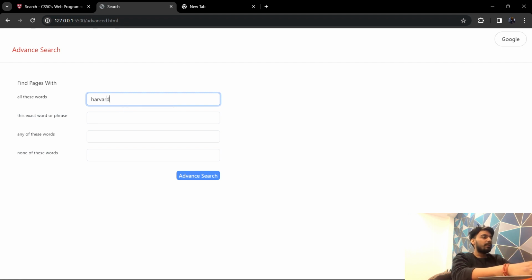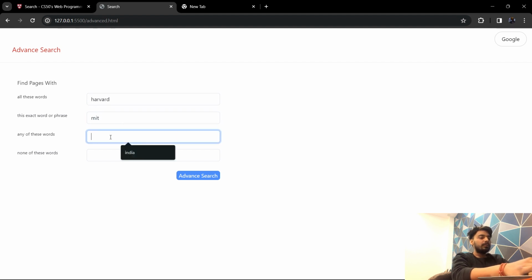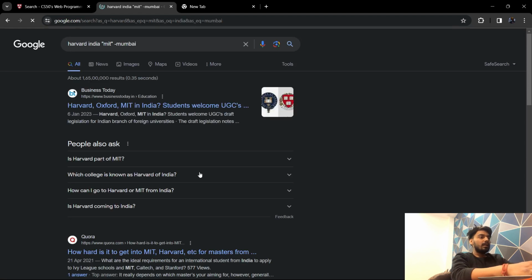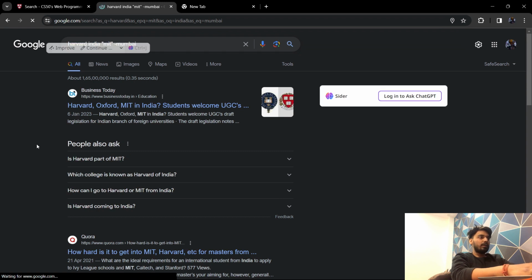For instance, I type Harvard here, then I type MIT here, then I type for example India, and then I type Mumbai. If I do advanced search now, you can see that the result consists of all those 4 words which I have typed in those 4 boxes.